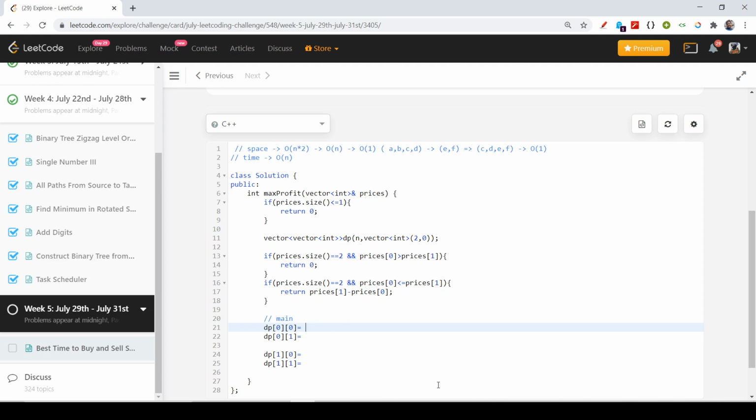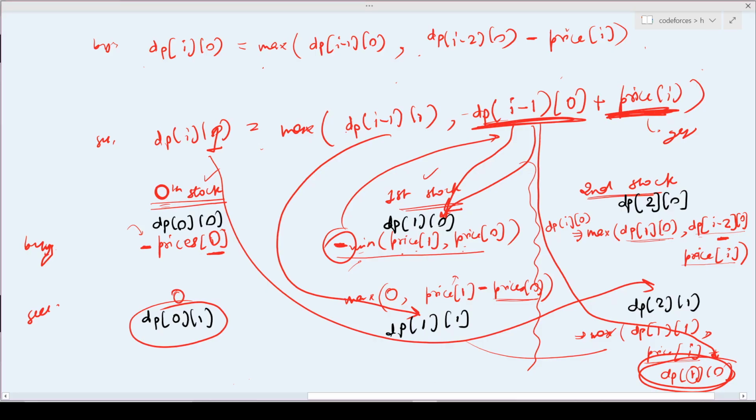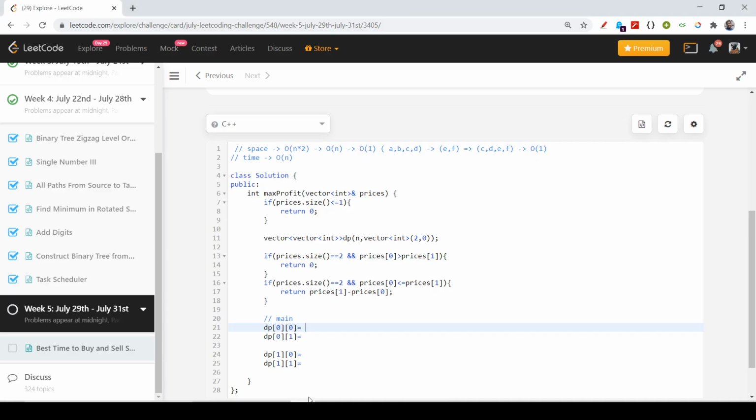As you can see in the code also, it is minus prices of 0. So let us write minus prices of 0. I can't do any sell here, because I will do a buy here, but I am not able to sell on the first day because I have nothing in my hand.